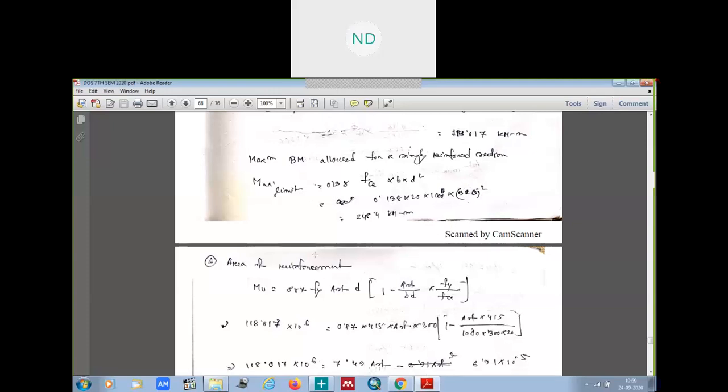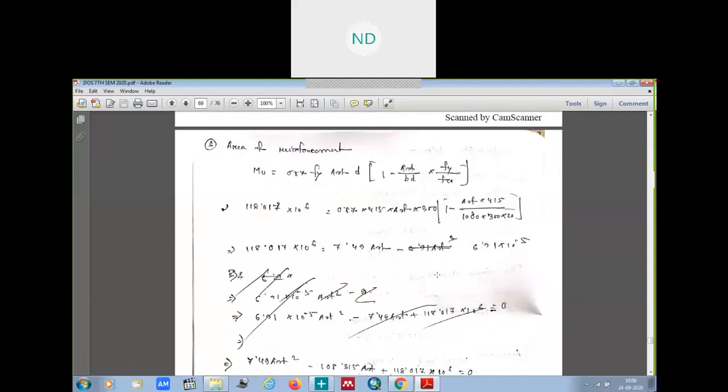So now after that we'll come to the area of reinforcement in the next step, which is calculated by this formula. Mu, the maximum bending moment, is 0.8 into fy Ast into d, whole into 1 minus Ast by bd into fy by fck. So Mu we have already calculated here, the maximum